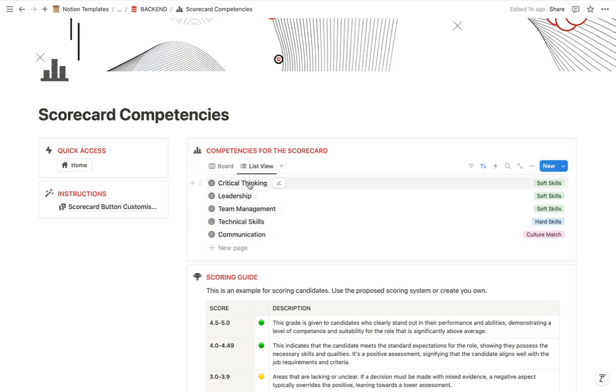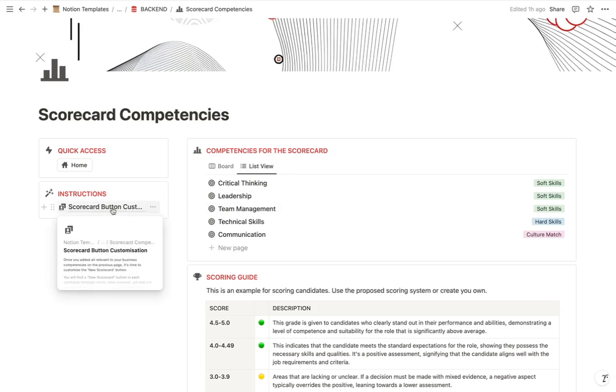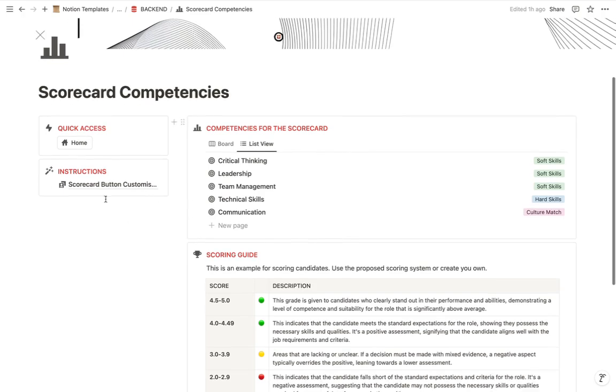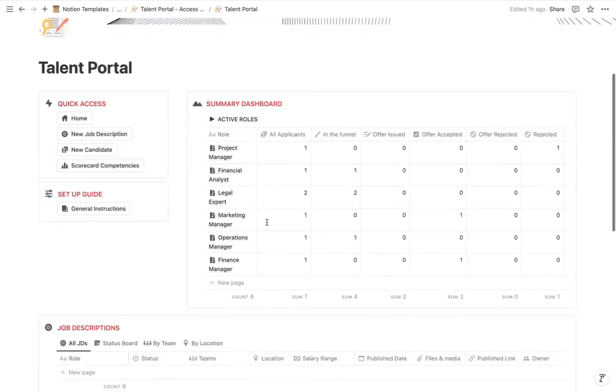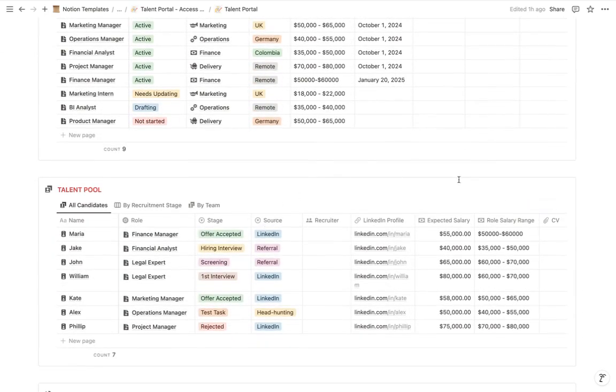So we have, out of these 5 competencies in the list, 4 of them are predefined and automatically pulled up when you press the button, but we can see that team management is not included when you press it. So let's set it up. I've included some instructions in here, but let me show you. To customize the button, you go to Talent Pool section, go to a new candidate template, press Edit,